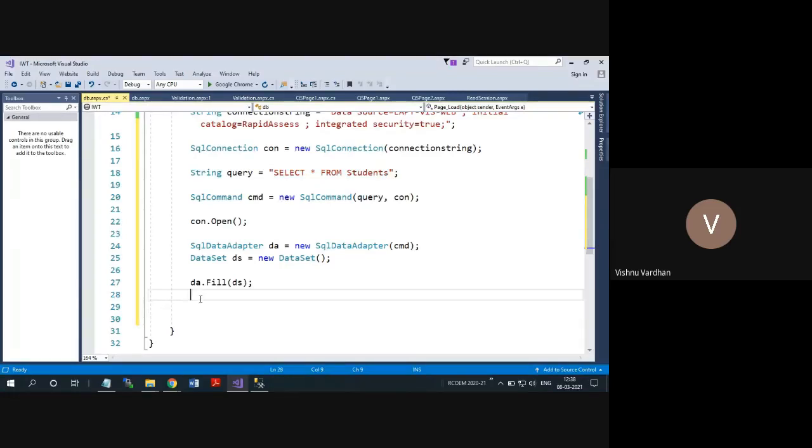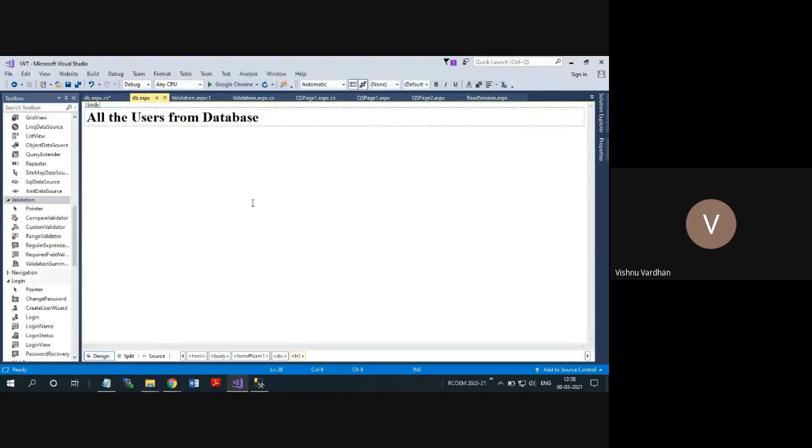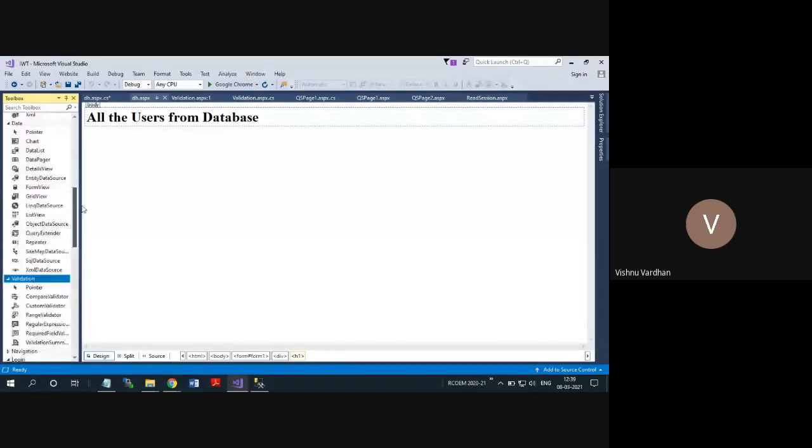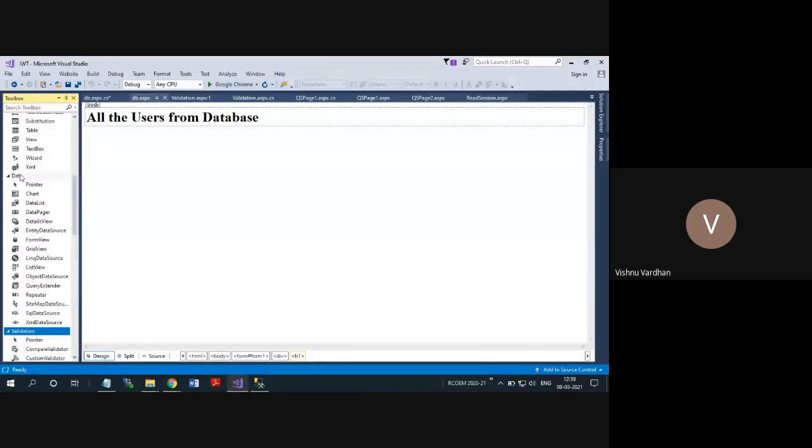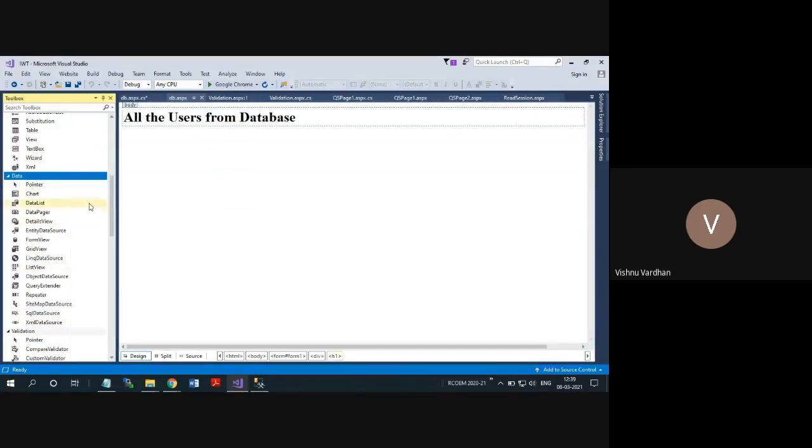So then after this, what remains is to show up the information on the browser. For that, we have to take some interface. There is no interface as of now. So to show the data, you can select the data part of the toolbox. In that toolbox, you can take data list; there are different implementations for each of these controls, for how to present the user interface for your data.